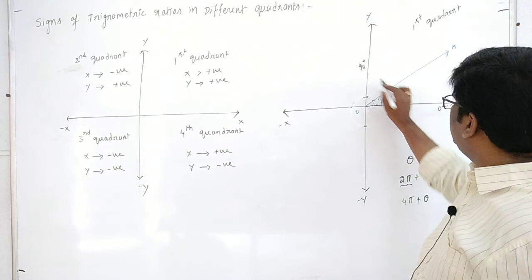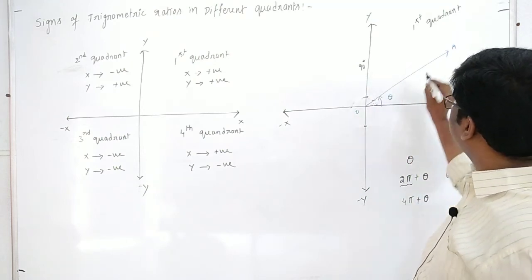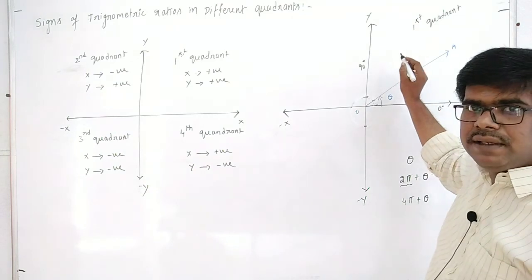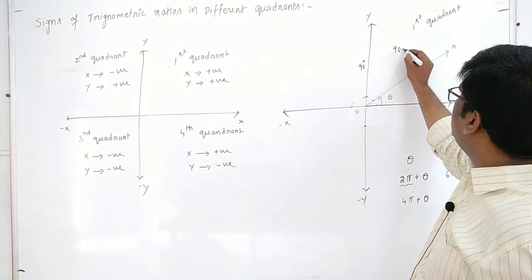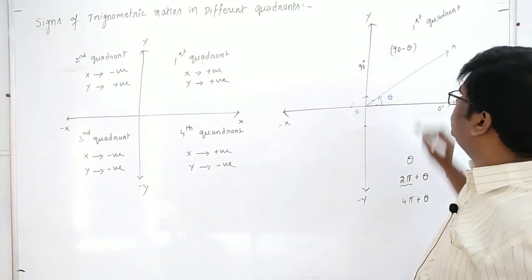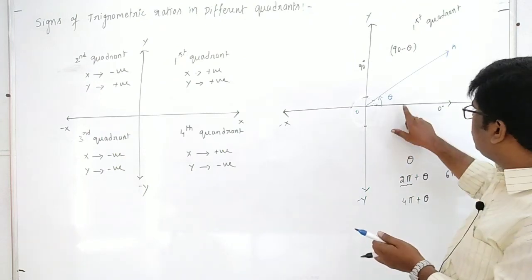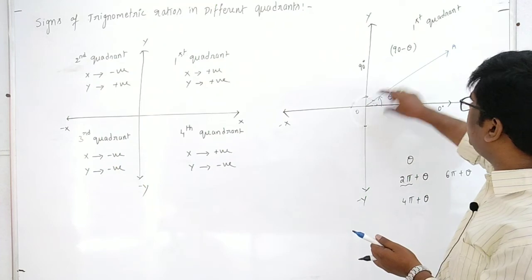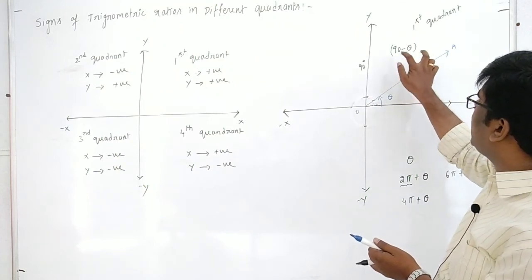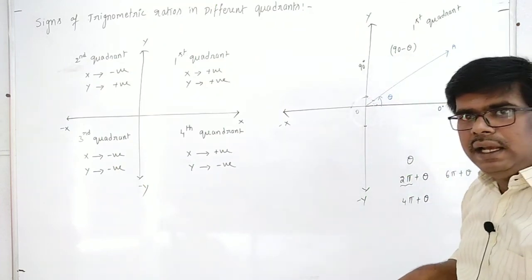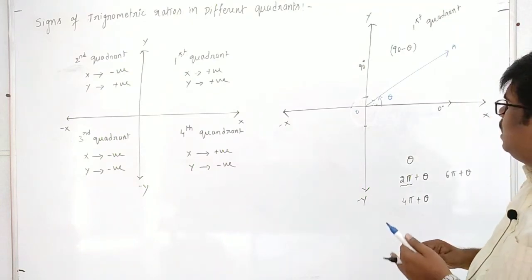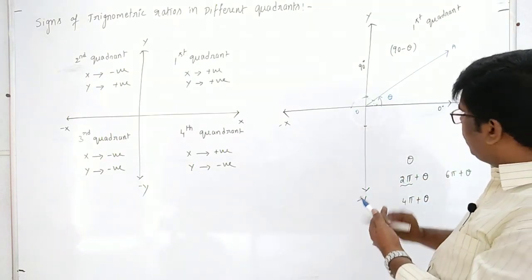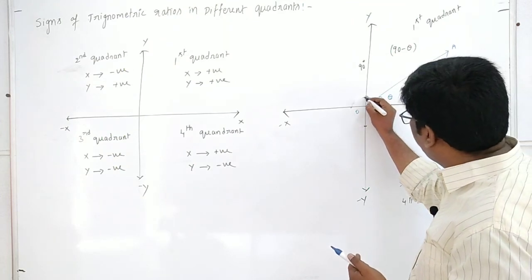Okay. So it lies between 0 and 90, and I will write this is in the first quadrant. The angle that lies here is 90 minus theta. It is more than 0 and less than 90. So what is the angle that lies here in the first quadrant? 90 minus theta. And if you begin from here, you come on a complete rotation.